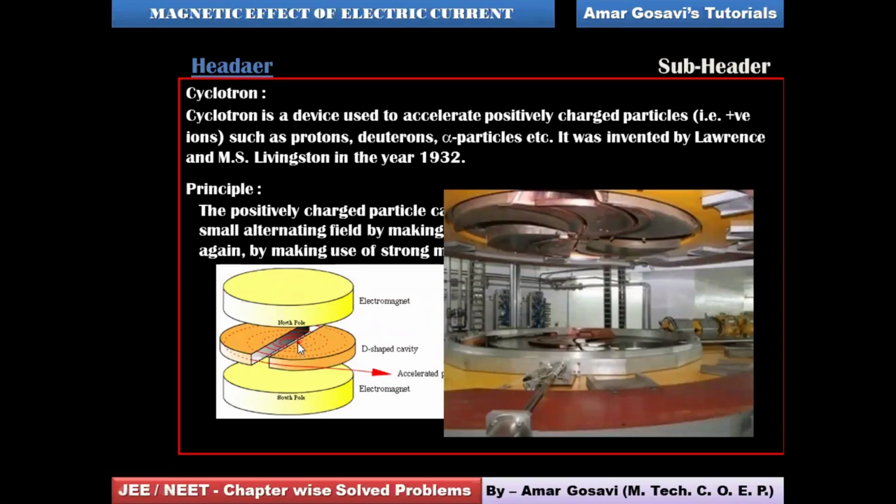Now, when I say the positively charged particle, it is injected here at the center in the gap, you can see. All right, so that positively charged particle can be a proton, deuteron, or alpha particle. Why? Because we want this particle to get accelerated, and it should gain such an acceleration that it disintegrates the target. And obviously, we all know the target is the nucleus of an atom. All right, friends. Now, how the working is, we would be talking about it. Please make a note of this.